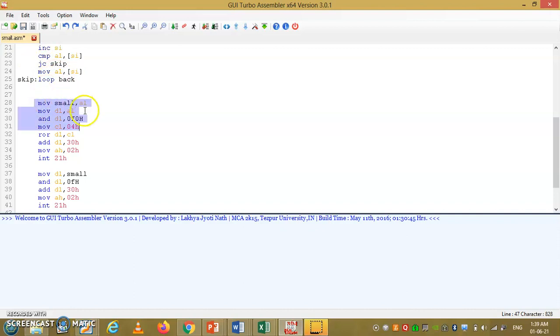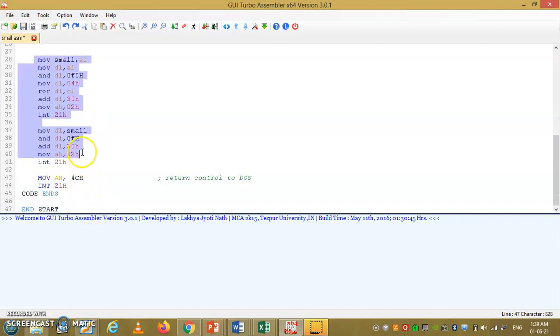So here we use the small part of it to display the element on the screen. So here we are copying the smallest number into the memory address small, that is a variable given. Then we'll move the AL into the DL because we want to display the numbers on the screen. So always remember, when you want to display a number on the screen, that number should be in ASCII form.